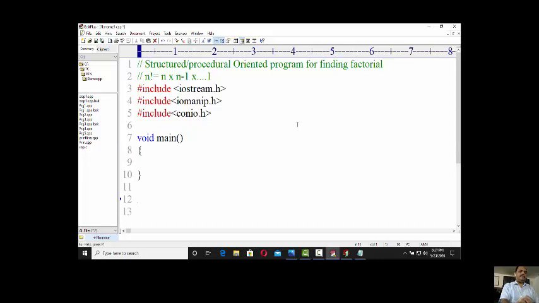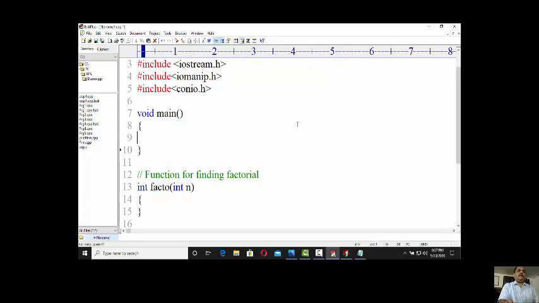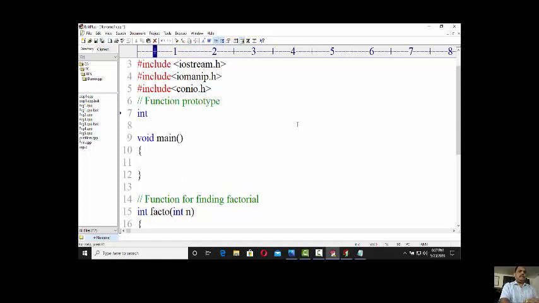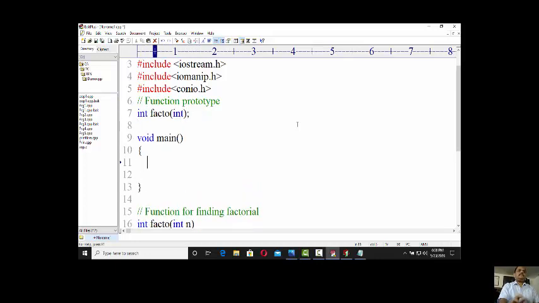So what I will do now, I'll define a function for finding factorial, right? And here I will write a function int facto(int n), and here I'll write the function prototype. Int factor of integer is the prototype of it. Then I will